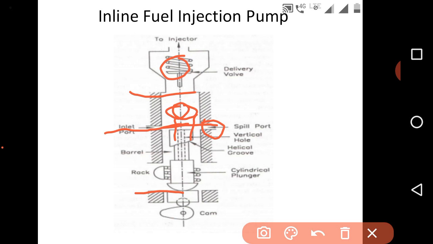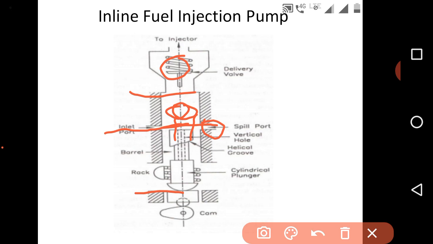The oil goes through the spill port back into the housing, and due to that the pressure in the housing gets released and reduced. The valve seat comes back to its previous position and closes, and the barrel comes back to its bottom dead center position.